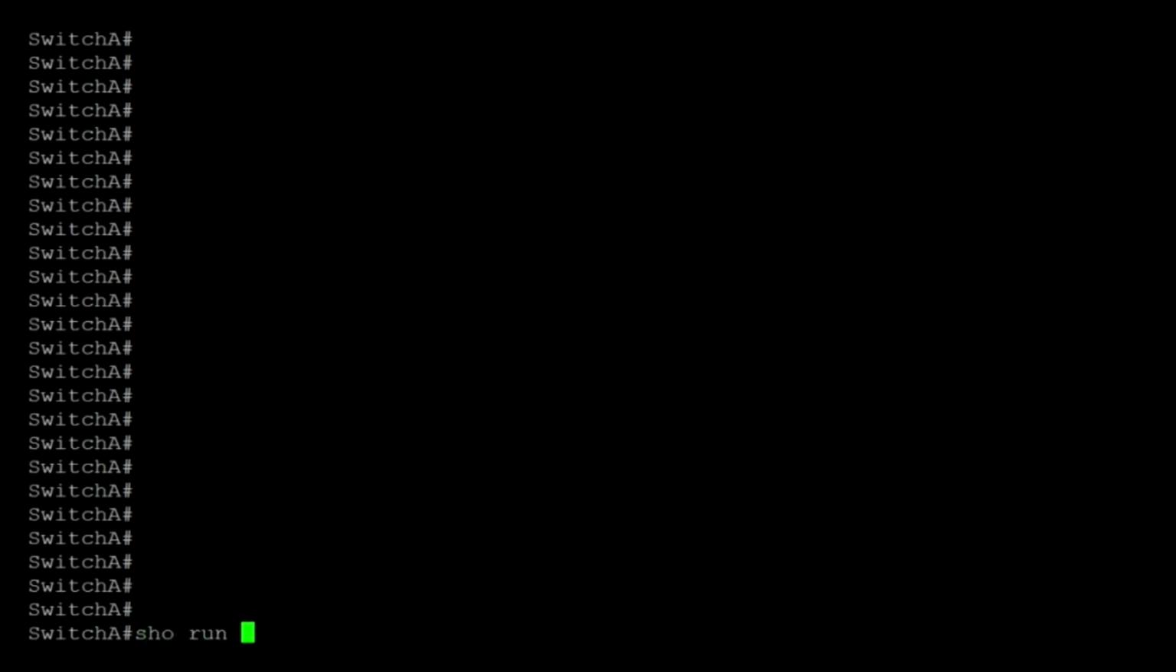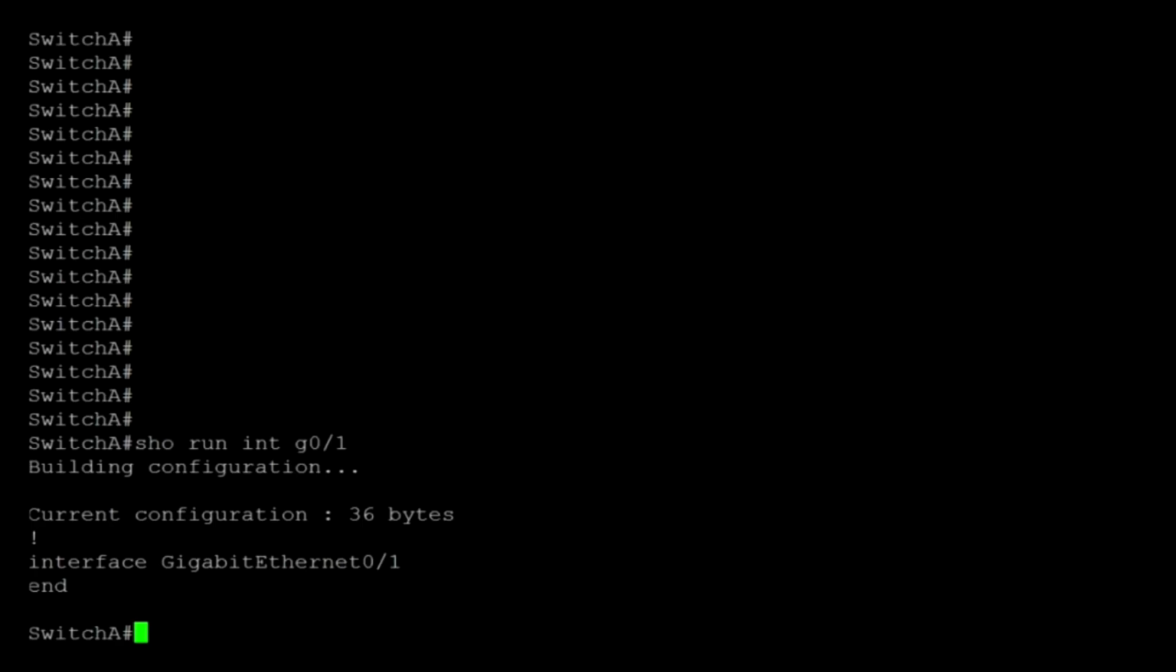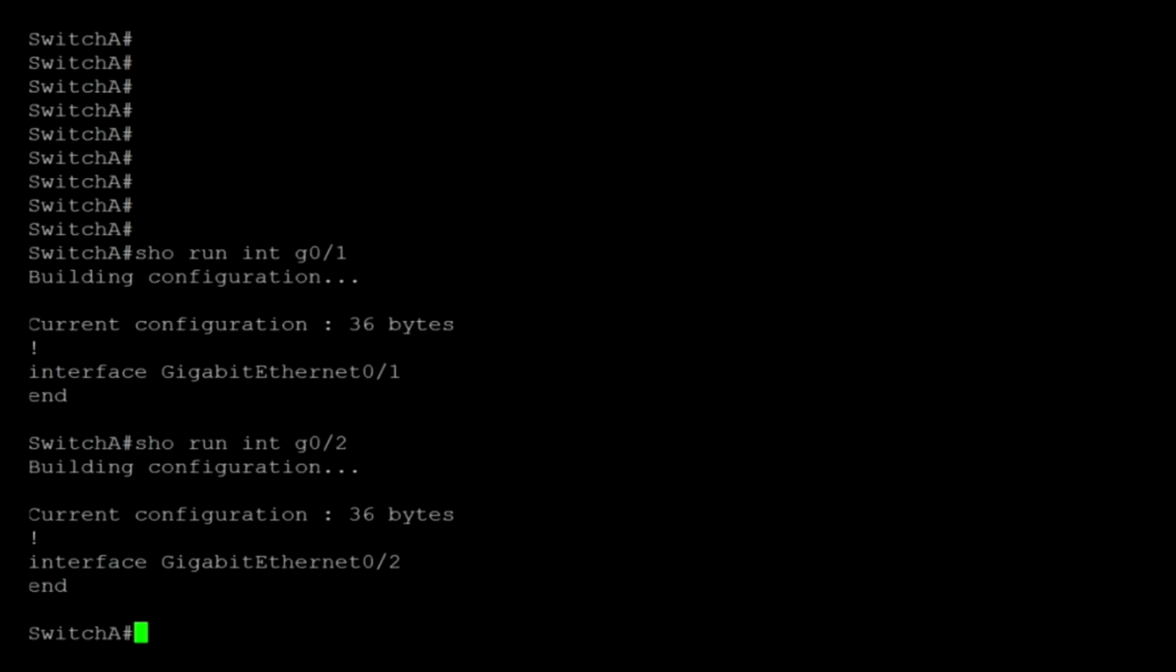First, let's enter show run interface G0/1. We see that GigabitEthernet 0/1 has no config. It's in its default state right now, so that's good. We'll verify the same on GigabitEthernet 0/2. It's the same. Now, we haven't done anything with this switch yet, and we're ready to start our EtherChannel